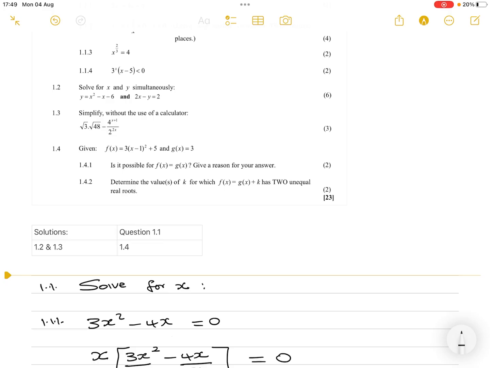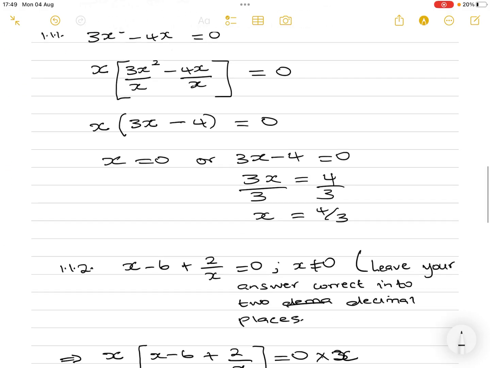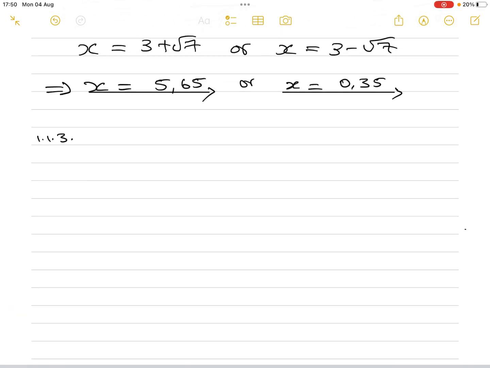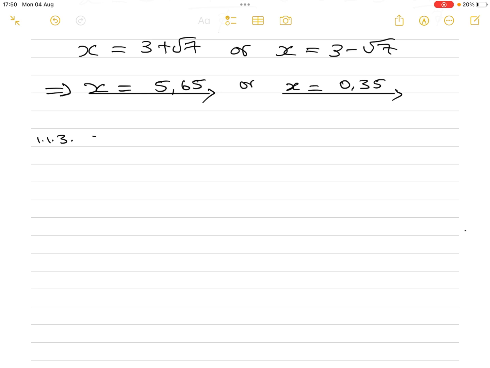Okay, we then move forward to 1.1.3. 1.1.3 says that I have x to the power of 2 over 3 is equal to 4. This is a power function. So I want to eliminate this exponent. How do I get rid of this exponent? By